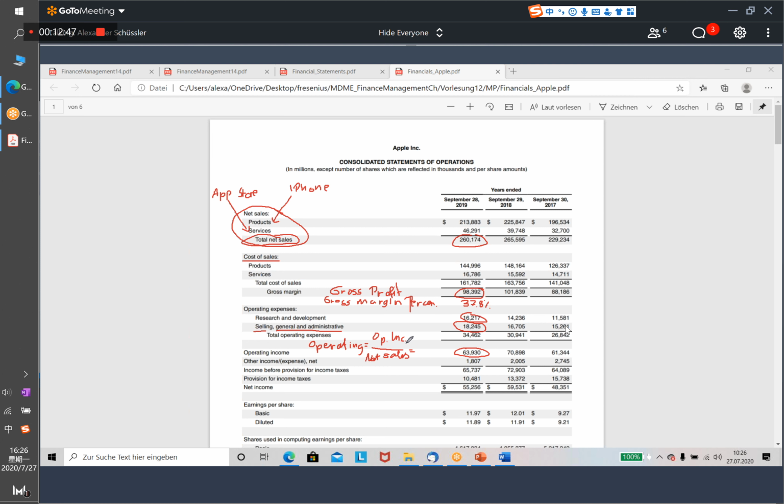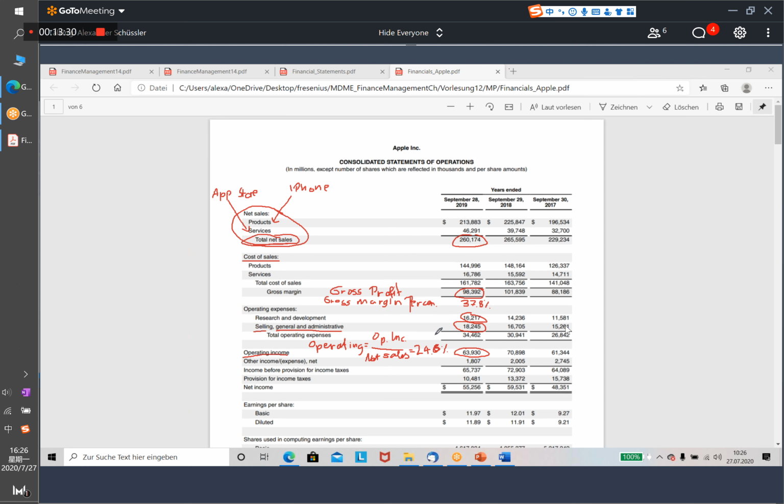Calculate it with your calculator. Operating income divided by total net sales. What is this for 2019? Exactly. About 24.5%. 24.6%. So yeah,